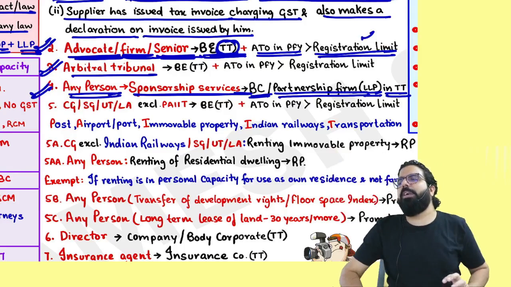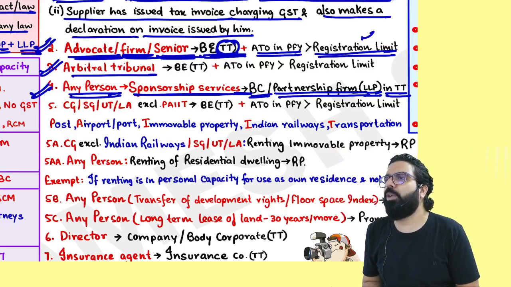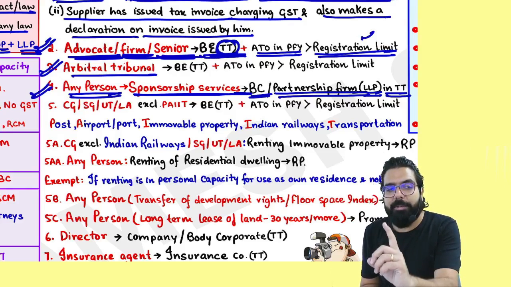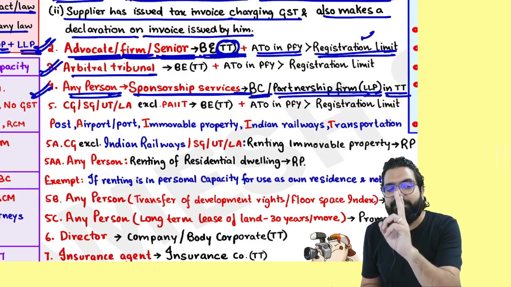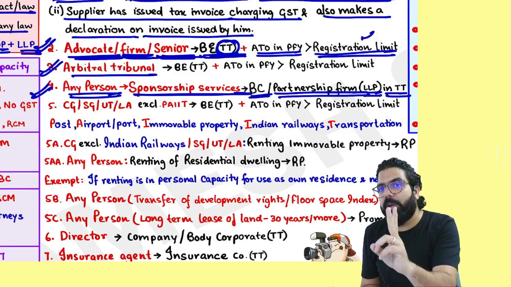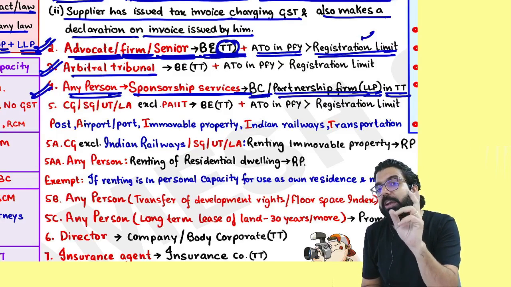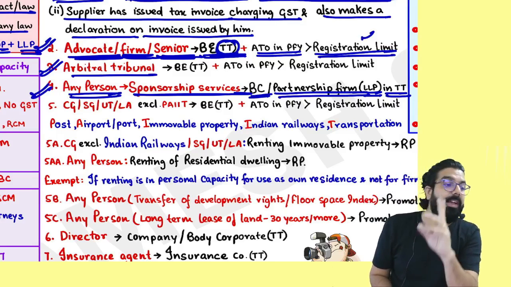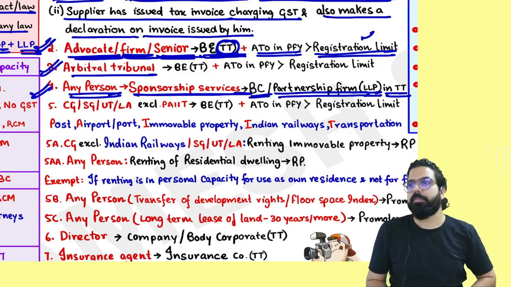Tell me one thing, what if I went ahead and provided sponsorship services to an individual? RCM or FCM? When did I tell you exempt? I never told you exempt. Whenever RCM is not there, it is always FCM. And remember one thing, it will be exempted only if it is under the exemption chapter. If it is not exempted, it will always be FCM. Can I go ahead, everyone?